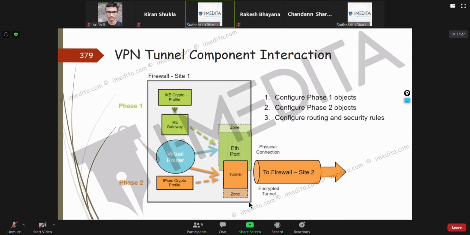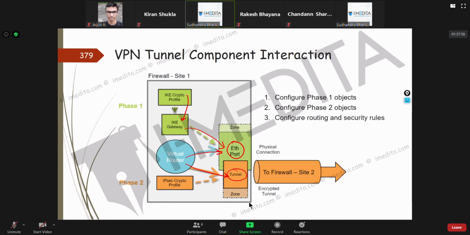Traffic comes, the IKE crypto profile is used in the IKE gateway, and then the IKE gateway will utilize a particular Ethernet port, the physical connection, to establish the VPN tunnel. The same virtual router will be on the physical port and on the tunnel interface.